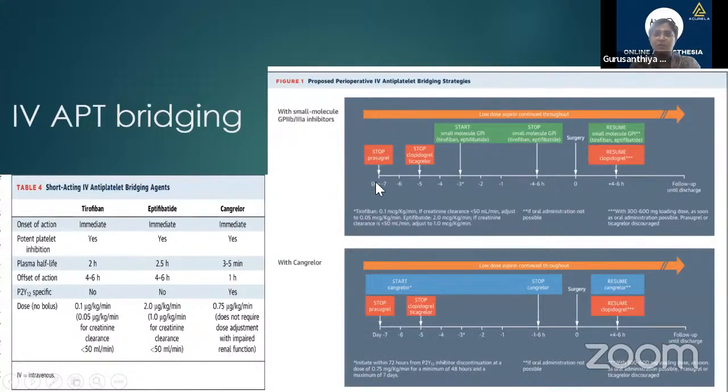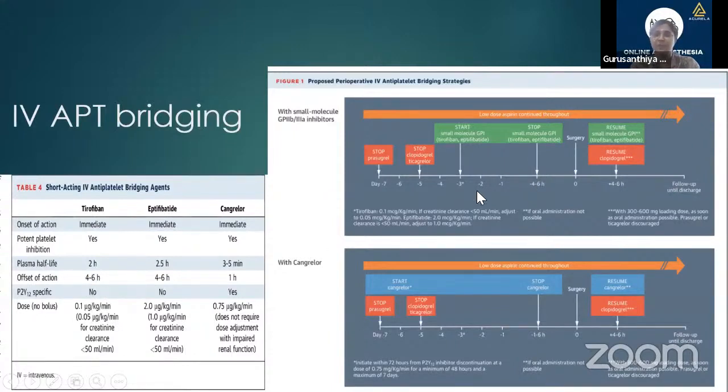So how do you bridge it? For prasugrel, you stop 7 days before. For clopidogrel and ticagrelor, you stop 5 days before. On the third day, you start them on tirofiban at an infusion of 0.4 micrograms per kg per minute. And then you just stop it 4 to 6 hours prior to surgery, because the offset time for tirofiban is